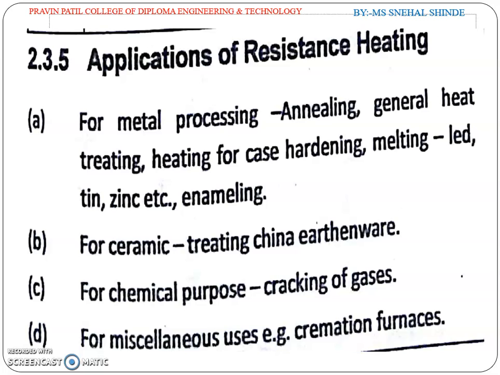Then for chemical purposes like cracking of gases, resistance heating is also used to solve the problem. Then for many other processes, like a furnace for cremation, there are other applications of